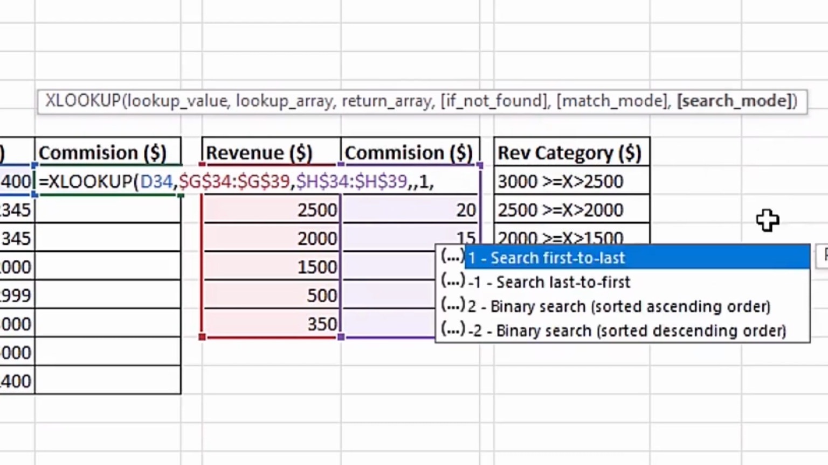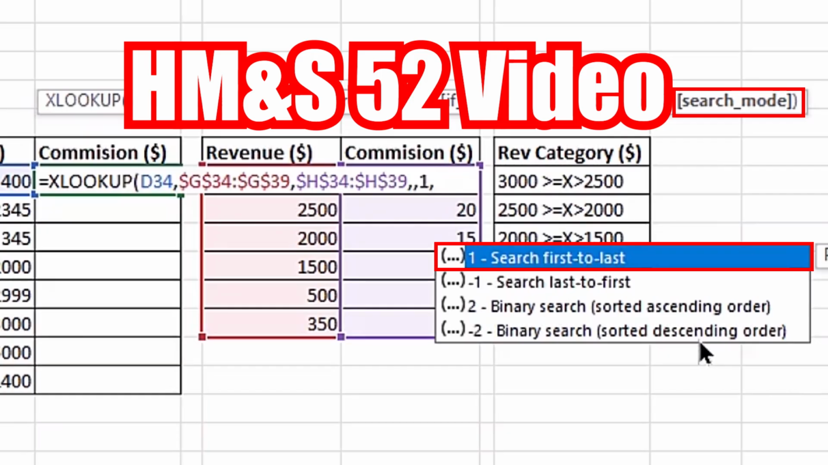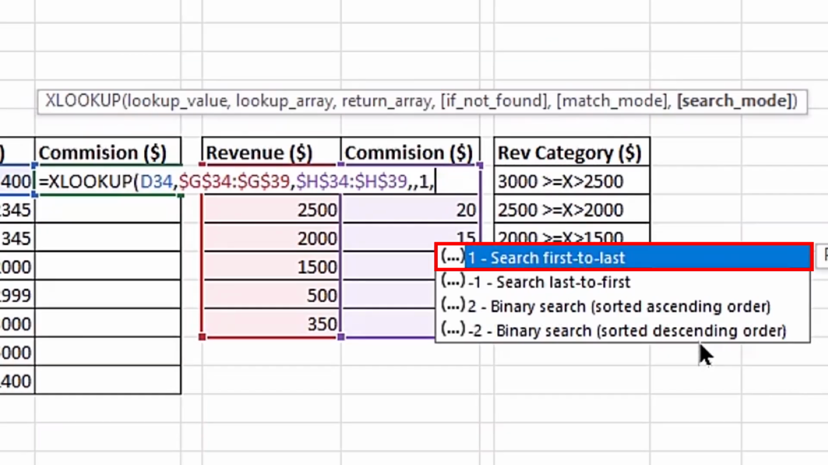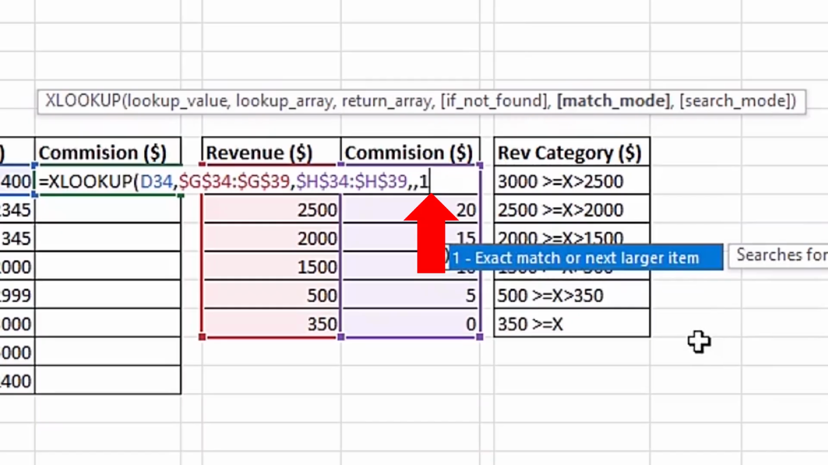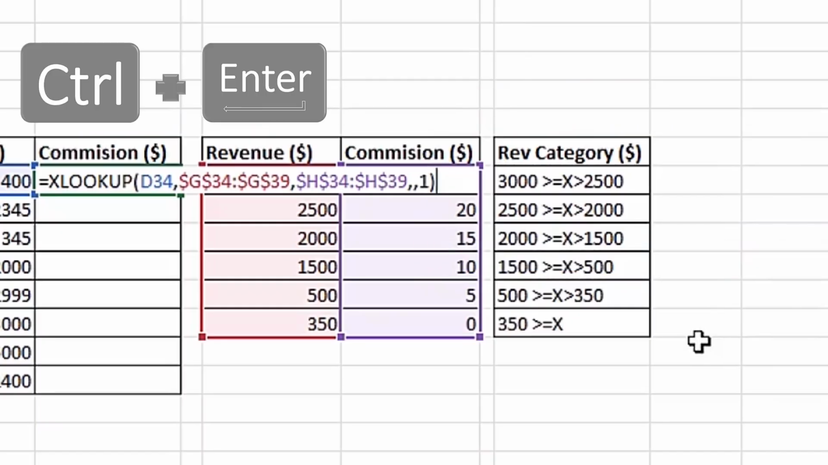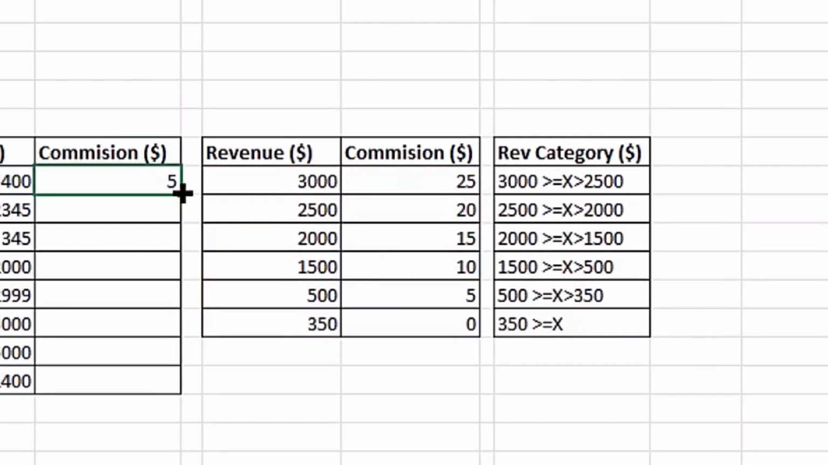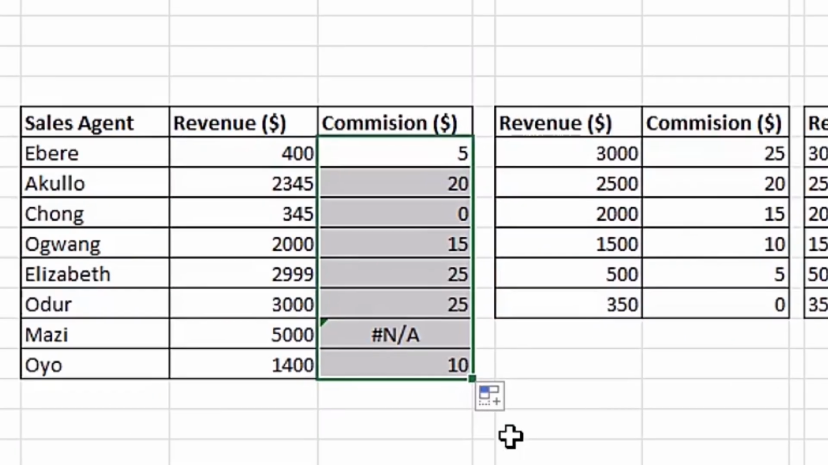When I type comma, last video we talked a lot about the search mode, but we are searching first to last, which is the default. That's why we have been leaving it out. If you want to learn more about the search mode, watch our previous video. Since we need the default, which is search first to last, I'm going to backspace, and then close my bracket. Now when I press Ctrl+Enter, and then copy my formula down,